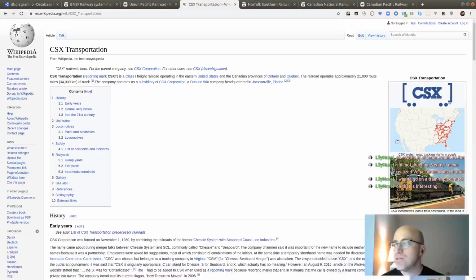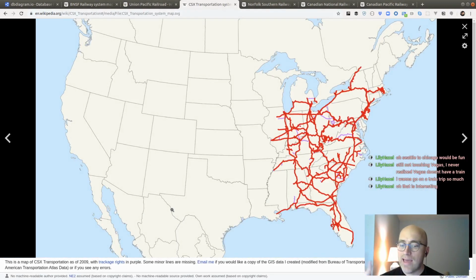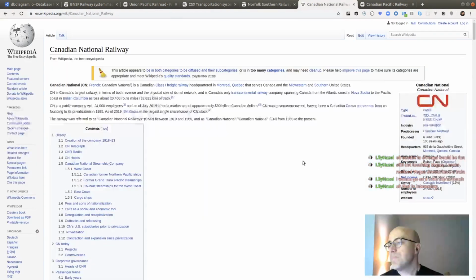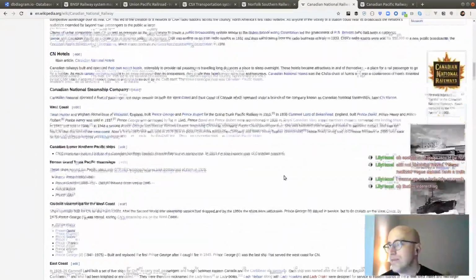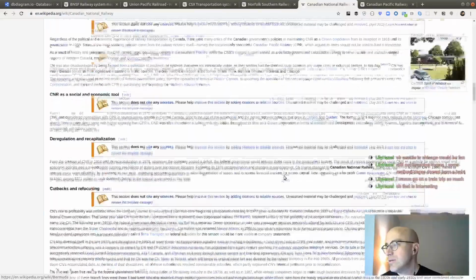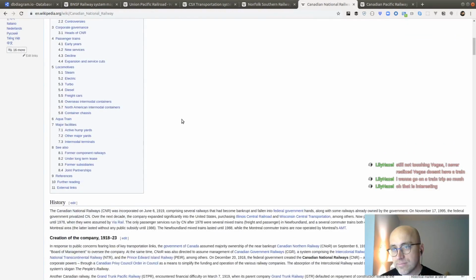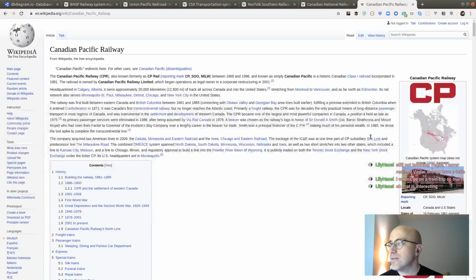So anyway, Union Pacific, then we got CSX, which is over here in that section of the country. And then we got Norfolk Southern, which is also in that section of the country. The Canadian National, which, oh my God, why does it not have a map? No maps for that? Anyway, up in Canada, but they have trackage in the United States. I don't know where their map is, so we'll find that later.